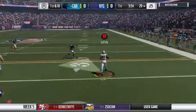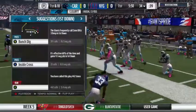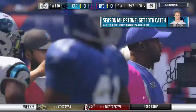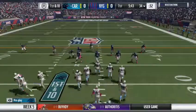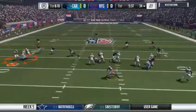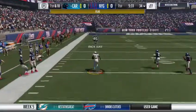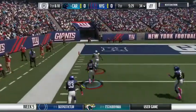First carry for Ezekiel Elliott. And he'll get this up to the 34-yard line. Give him 13 on the pickup there. And the Panthers are going to get a first down. It should go without saying that anytime you run the football well and gain a nice chunk of yardage, that means the offensive line did their job and did it really well. But let's give them a little more credit than that. Because all week long, offensive line meetings, they're going,